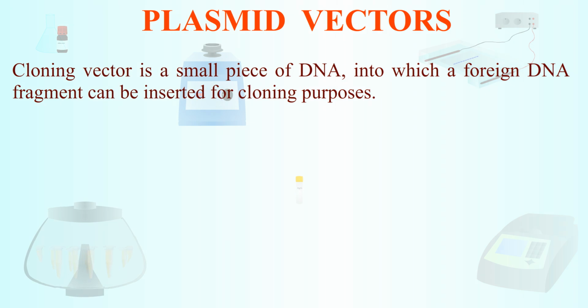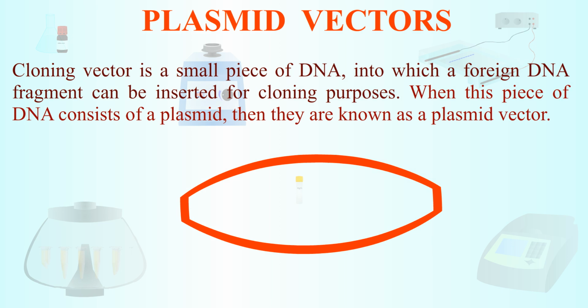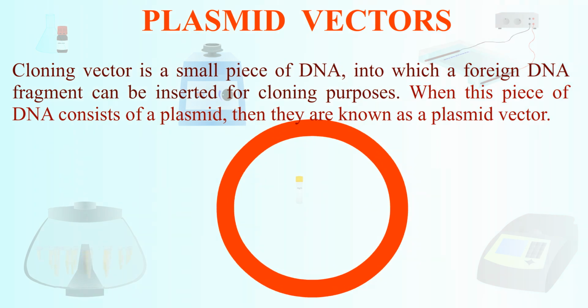Cloning vector: a small piece of DNA into which a foreign DNA fragment can be inserted for cloning purposes. When this piece of DNA consists of a plasmid, it is known as a plasmid vector. Examples of plasmid vectors are